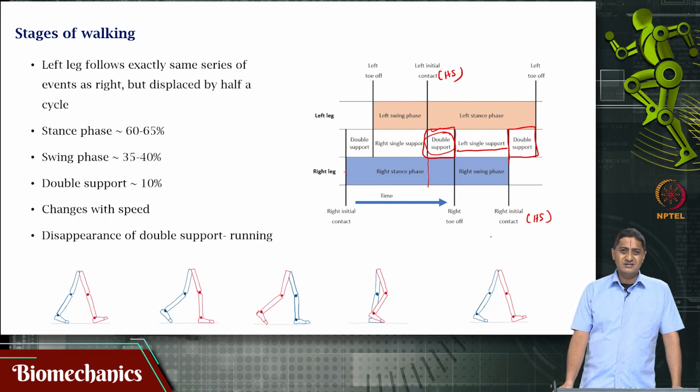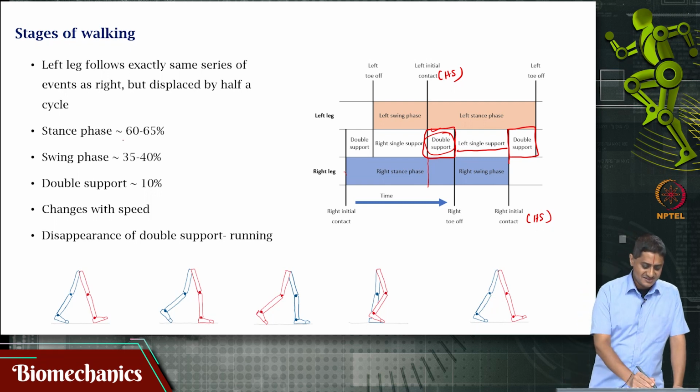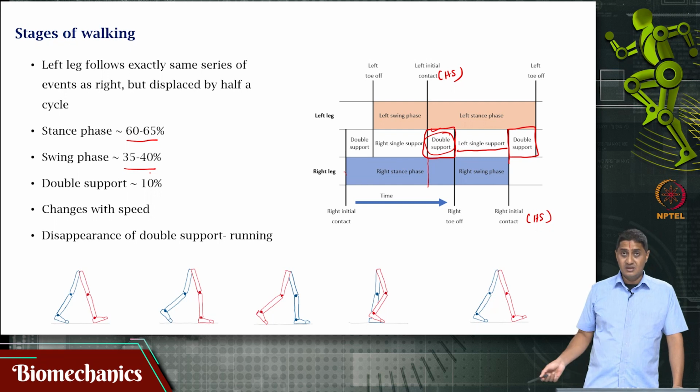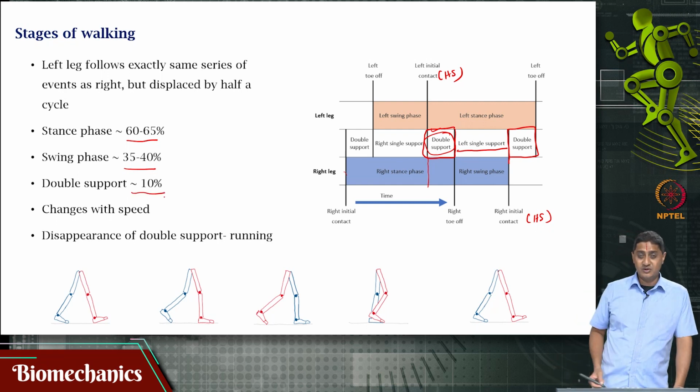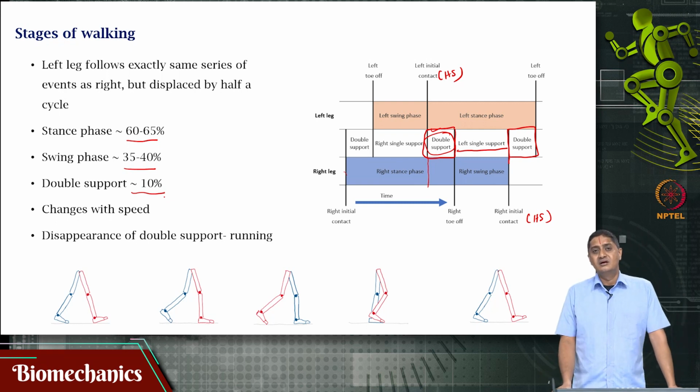So, about 60 to 65% of the time we are in stance phase, and about 35-40% of the time we are in swing phase, and there is a small amount of time during which we are doubly supported with both the legs, right. This of course varies with speed of walking. Of course, fundamental difference